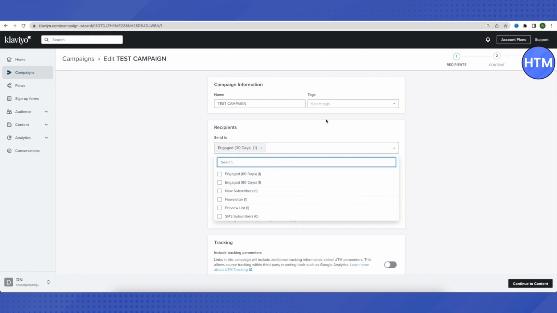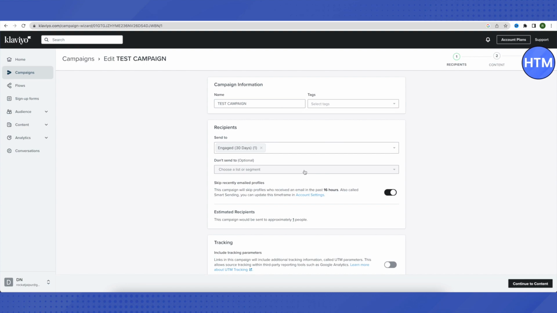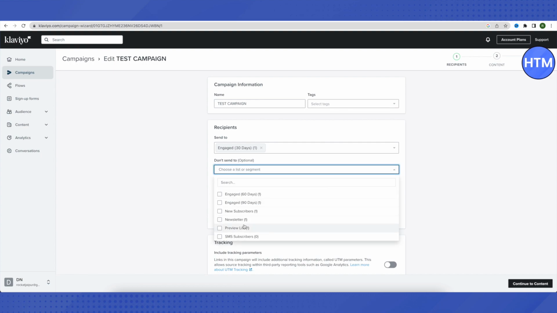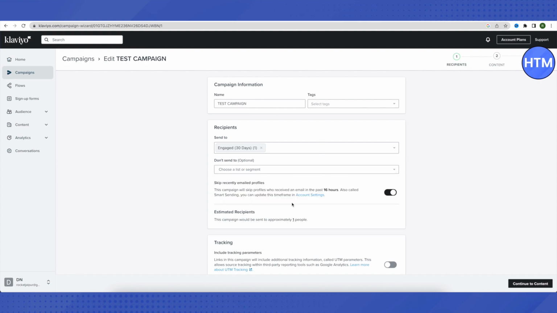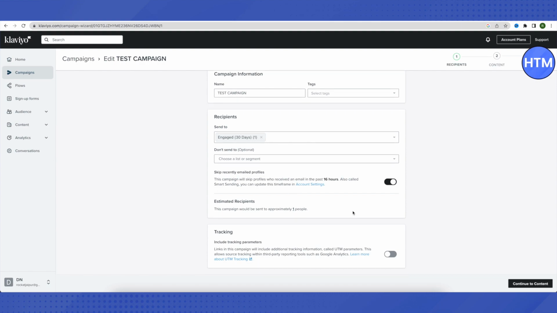And we can choose more, but we will just choose this for now. And if we don't want to send this particular email to certain people in our list, then we can just click on this option and search for them, or we can just create a customized list of people who we don't want to send our emails from this particular campaign. So this way you will be able to choose the target area for our marketing campaign. You will be provided with certain more options over here. Just choose them as per your requirements, and after that you need to just click on this option of continue